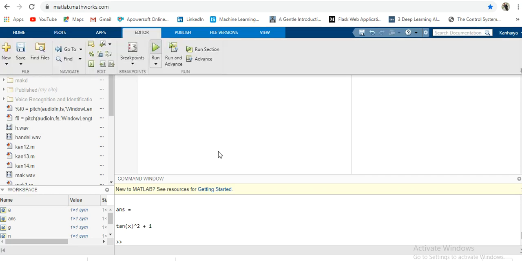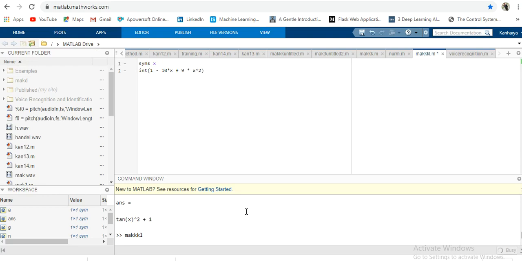We are worried about how it is solving and what answer it is giving. Okay, yeah, it is giving 3x square minus 5x plus 1. That means 3x cube minus 5x square plus x. Let's try and see it manually.